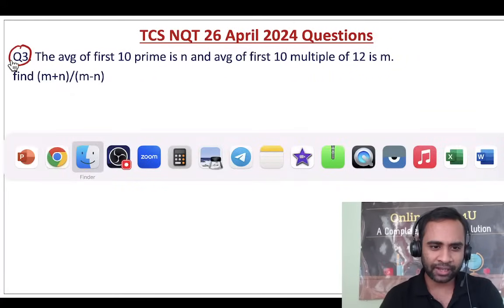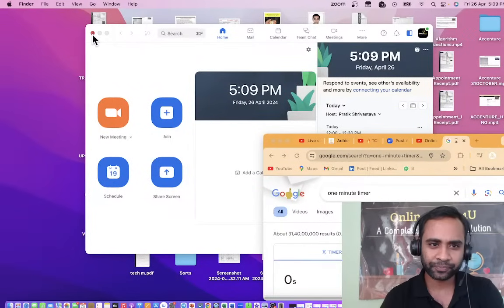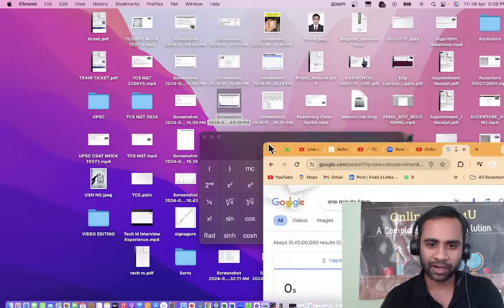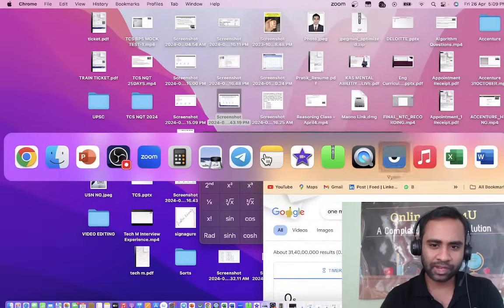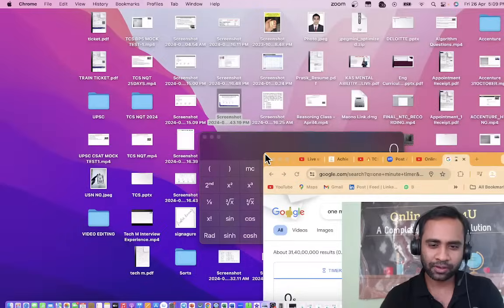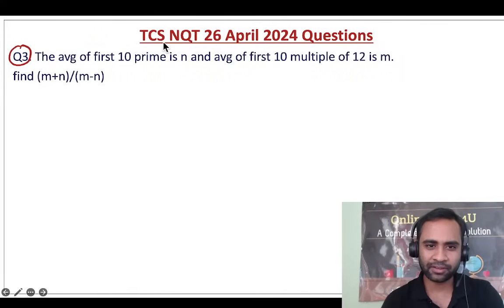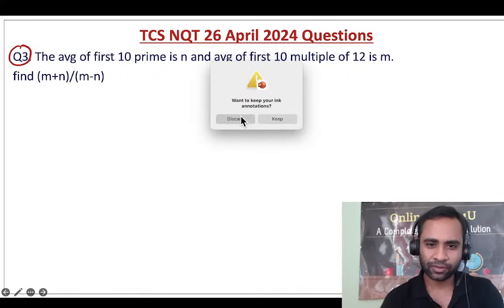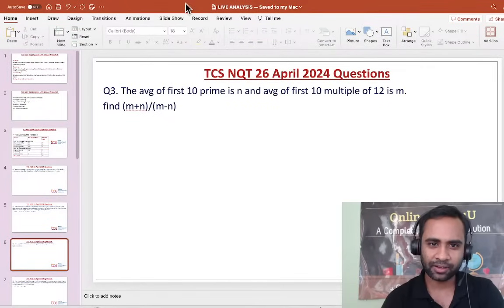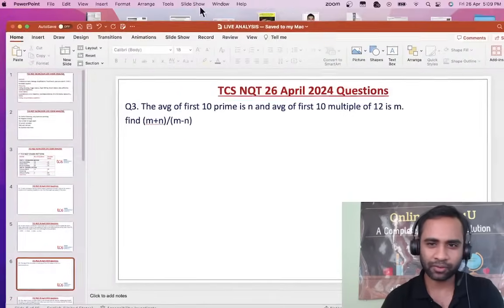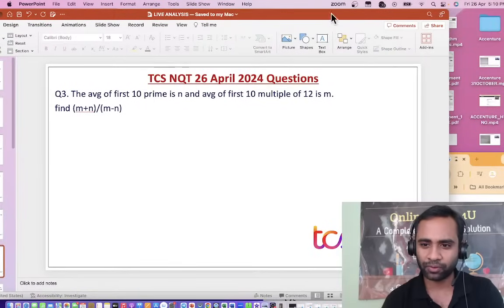I don't know why there is an issue with this timer part. I'll just try to simplify. Just give me a minute. Let me fix this so that you will have the timer here and then you will be able to solve it quickly by your own.